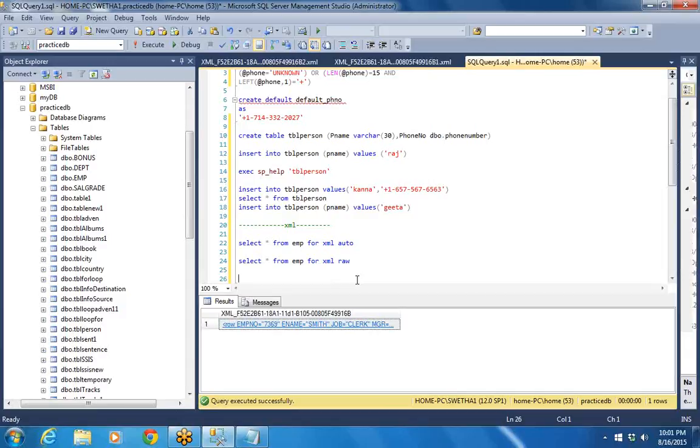See, in different ways you can be showing data. In the raw mode, we are trying to select it. This time you are trying to select in the raw mode. Then here write once again select star from